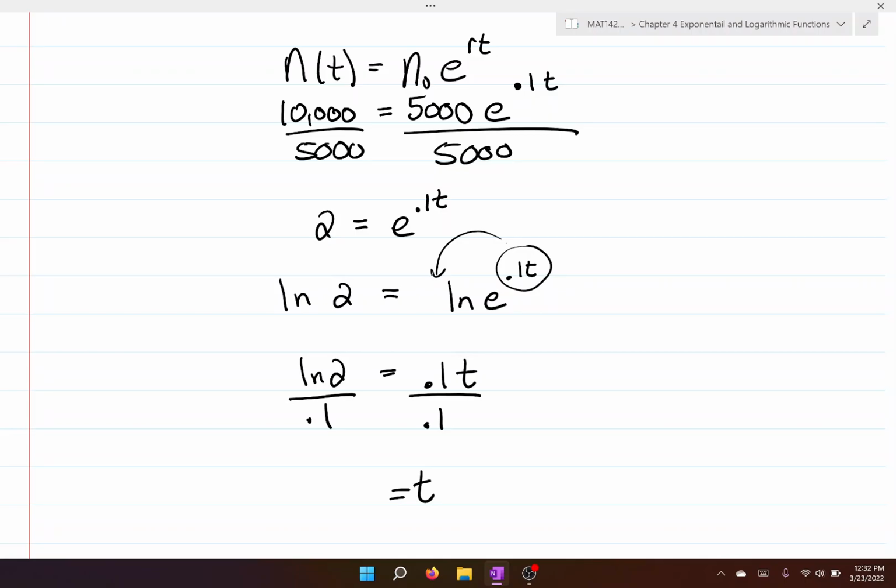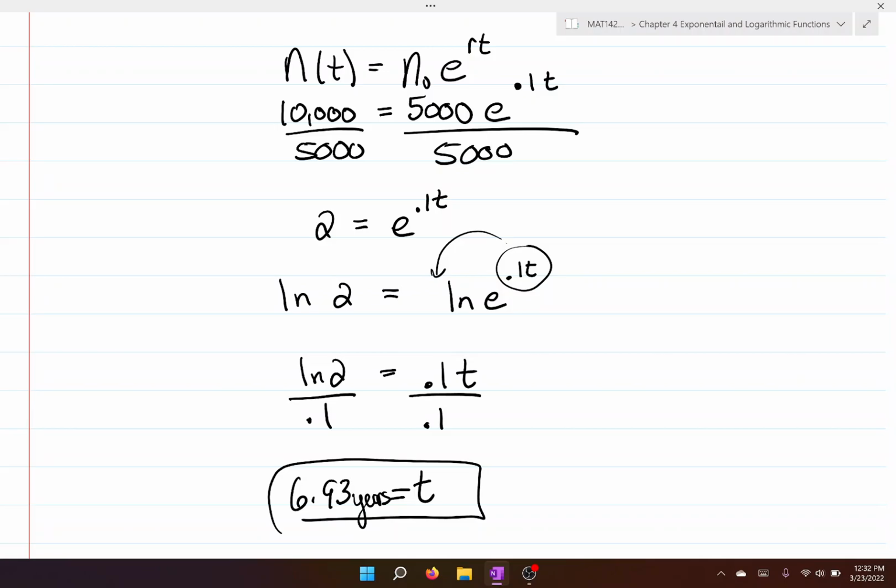And I'm going to use my calculator real quick. So just give me a second because I'm kind of off screen using my calculator here. So we have the natural log of 2 divided by 0.1 is 6.93 years. Okay, 6.932 years, which